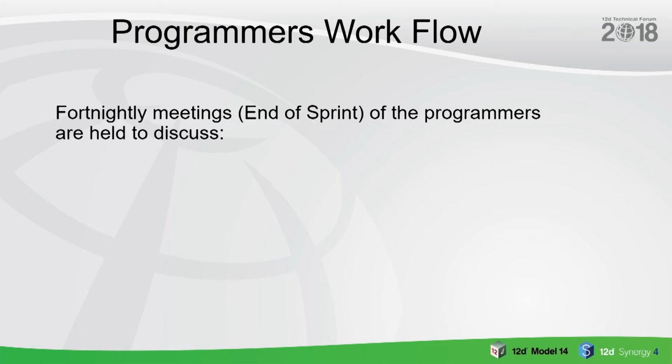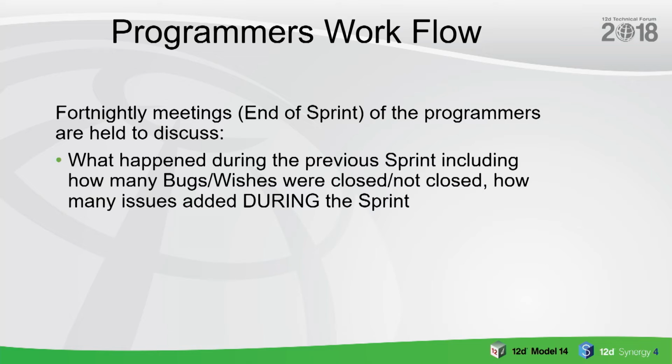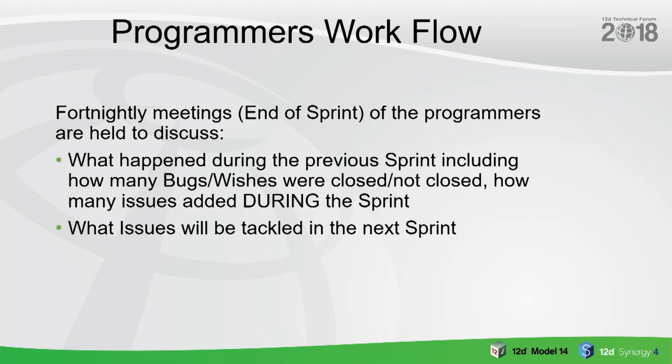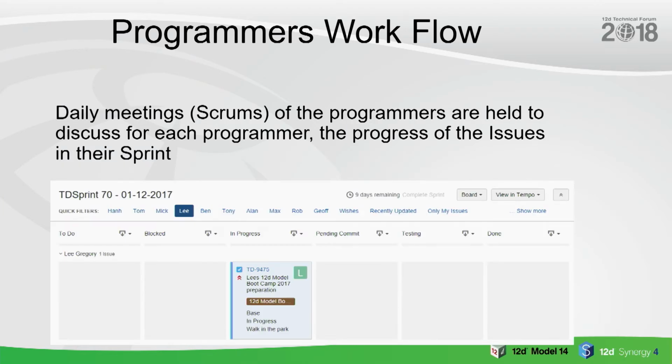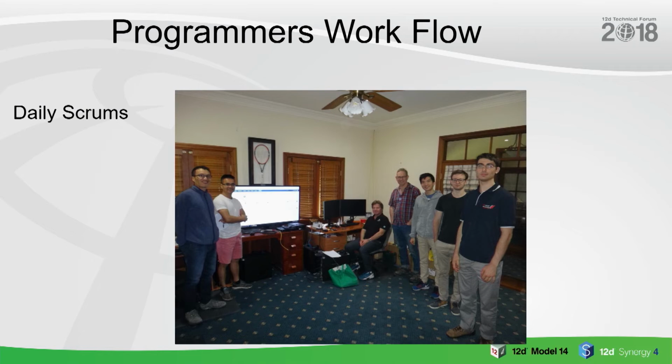We have fortnightly meetings where we say how everything's gone the last fortnight and what's going to be happening in the next four weeks. And we see how many bugs we've closed, how many crashes we've received. So that's very, very important. And every day we have a sprint meeting, as it's called, a scrum, where we actually go through those results as well. So basically, we have our daily scrum meetings where they get together,